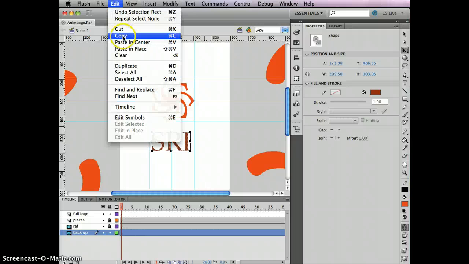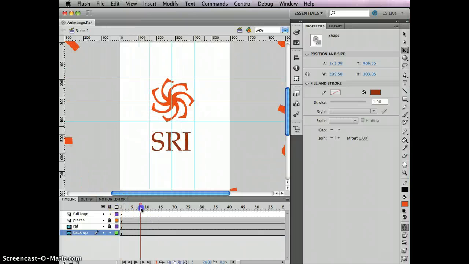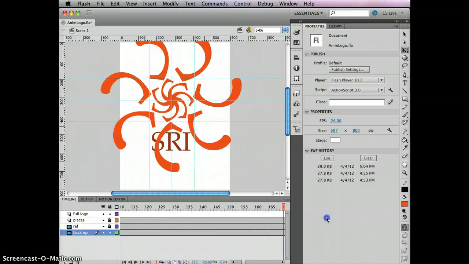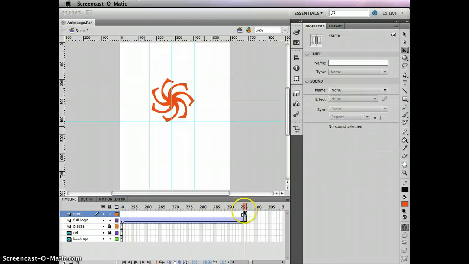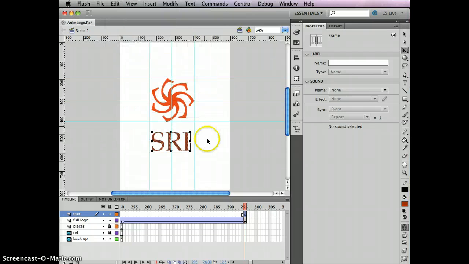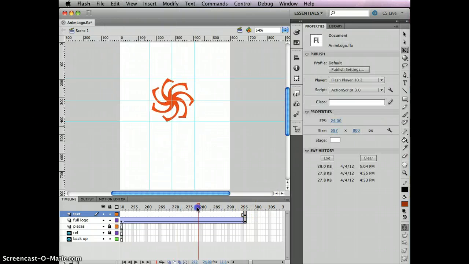we'll do an edit, copy, and then over here about what text needs to start showing up, we will create a new layer for it. Okay, so I have my new layer and did a F7. Then we're going to go ahead and do an edit, paste in place. Now we obviously don't want that to just show up really quick like that, so we'll do a fade in